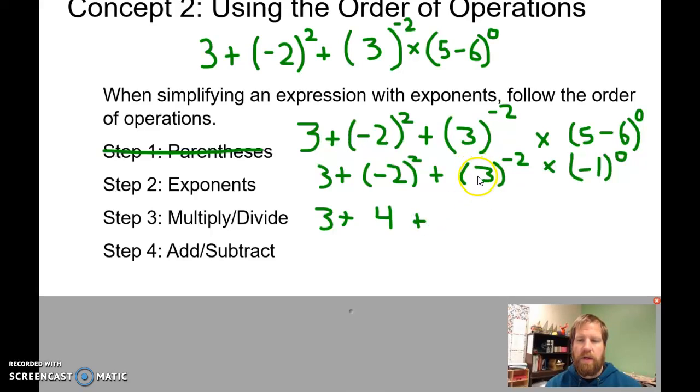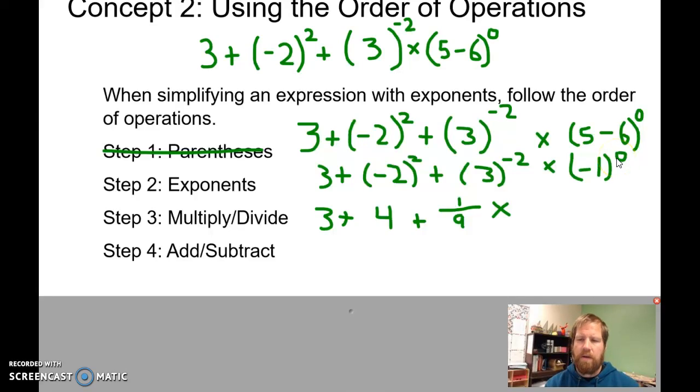Plus 3 to the -2. So it's a negative exponent, so I know I'm going to make my fraction bar and put 1 above it. And it's 2, so it'll be 3 times 3 underneath. 3 times 3 is 9. Okay. And then that's going to be multiplied by